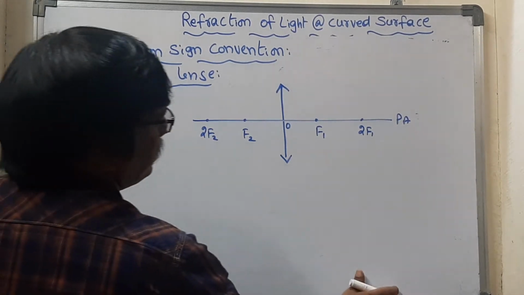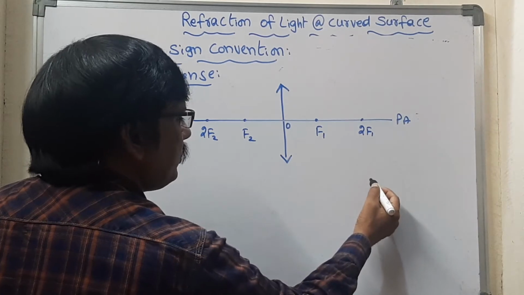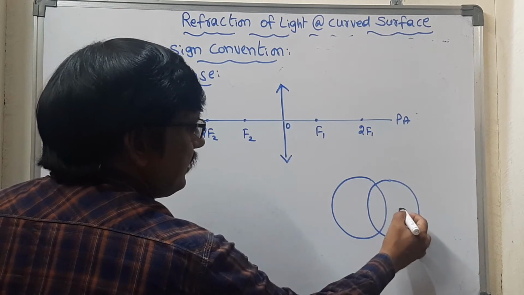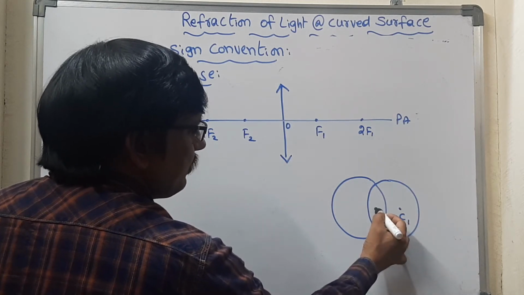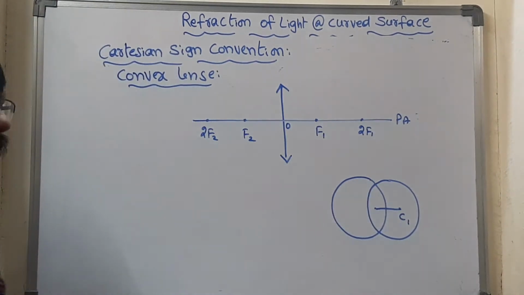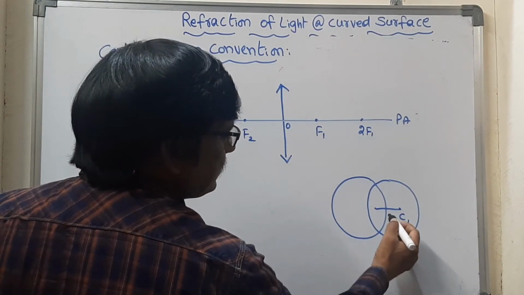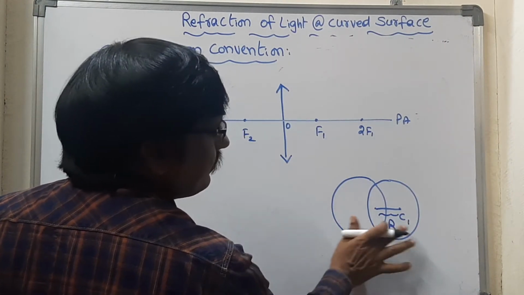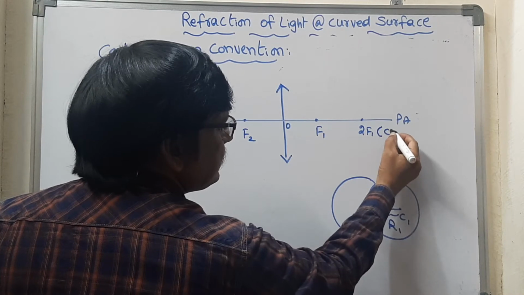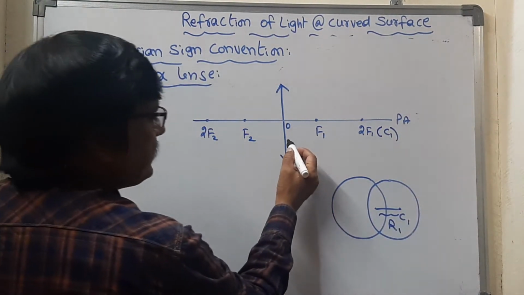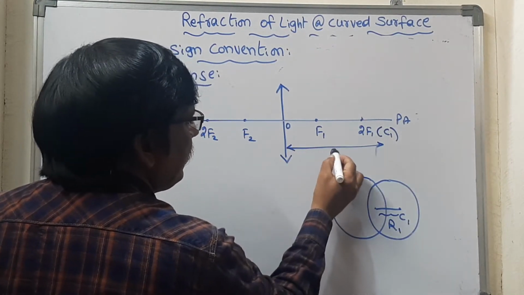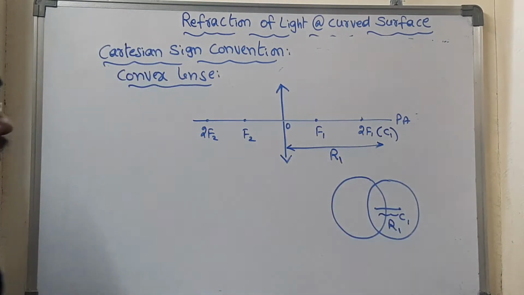Okay, here we know that this convex lens is made of two spheres. This is one sphere as well as this one is another sphere. This sphere has one center C1, right? From the optic center to this C1, what do we call that? The distance from the center to any point of the circle is the radius. So this side we can consider as R1, the radius of the first sphere. Here instead of 2f1, we can write C1, isn't it? The distance between the optic center and C1 is the radius of curvature of the first sphere.